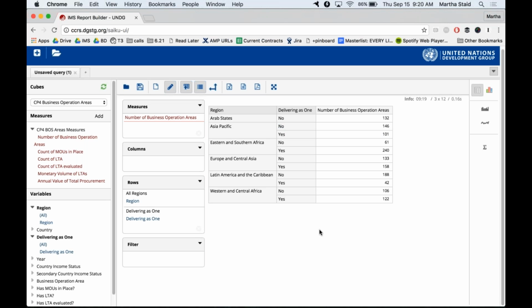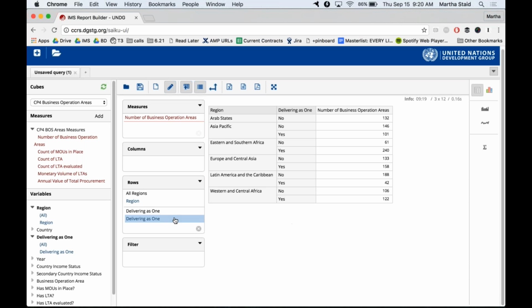So it's basically disaggregated twice, first by region and then by delivering as one status. What if you wanted to swap the way that that is aggregated? You're more interested in first sorting out delivering as one countries, and then after that, looking region by region.